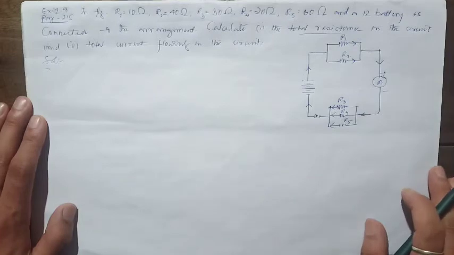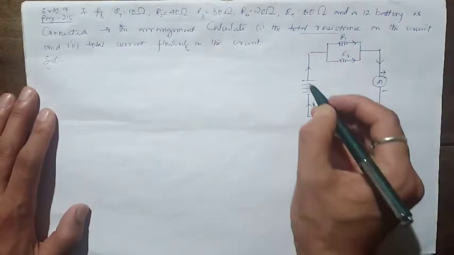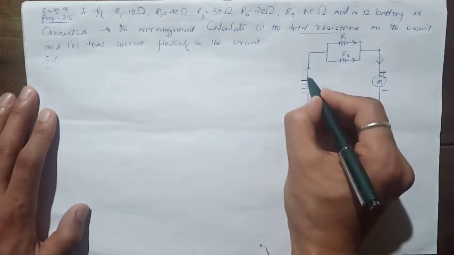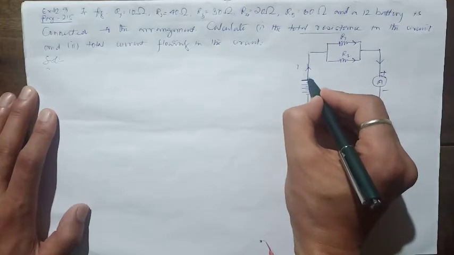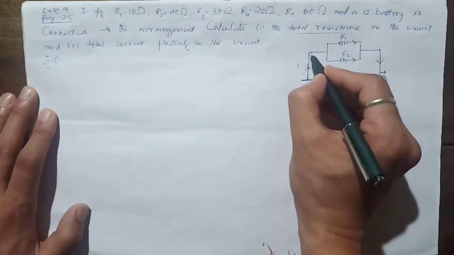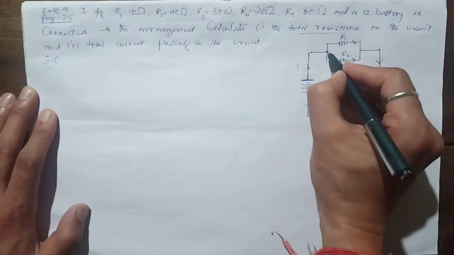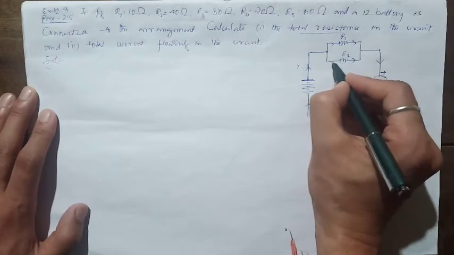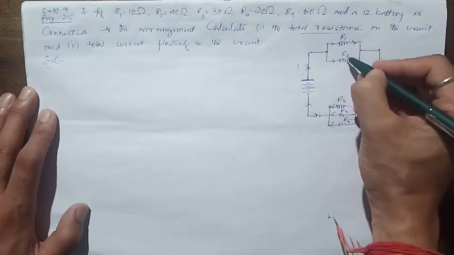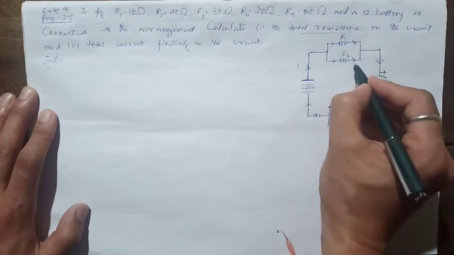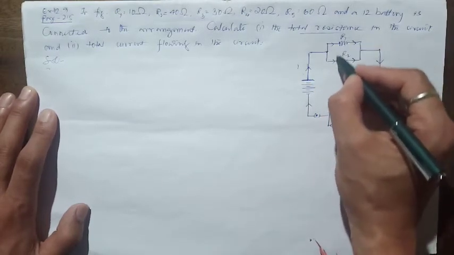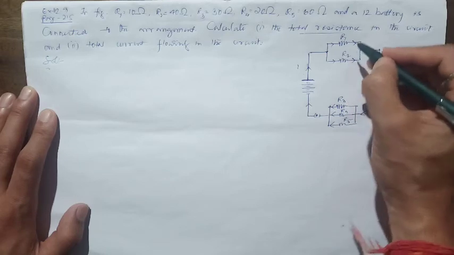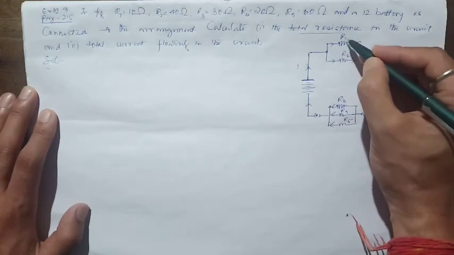Now, how to identify whether they are connected in series or parallel? First, you start drawing the current, and you know that conventional current always starts from the battery's plus terminal, student. Now, imagine the current I is flowing. Current starts from the battery, and at this point, the current divides. A fraction of the current flows through this arm, and the rest of the current flows through this arm. Now, student, you can see that through these two resistors, different current is flowing. It means these two resistors are connected in parallel. Now, it's known to us these two resistors are connected in parallel. So, we can replace these two resistors by one single resistance.